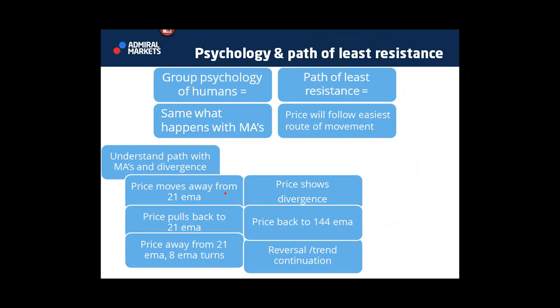So that's basically what happens when I'm looking at moving averages. I see price moving away from the 21 EMA, and I know when we have divergence on the lower time frame that price will get back to that 21 EMA eventually. But if enough candles, 5 candles or more, have moved away from that 21 EMA, I know that the 21 EMA will indeed act as support or resistance. So once it gets back to it, price will use that as a bouncing spot for trend continuation. Eventually, price will make divergence, and then price will not only get back to the 21 EMA, but back to the 144 EMA. And that is a reset point after which we'll get a trend continuation again or a reversal.